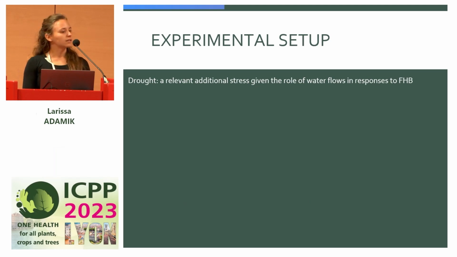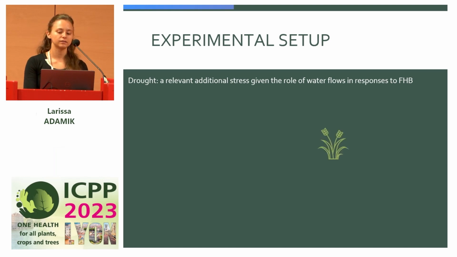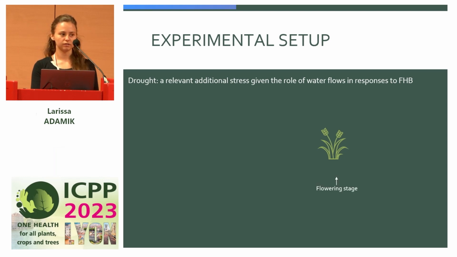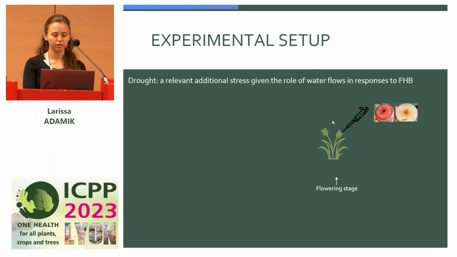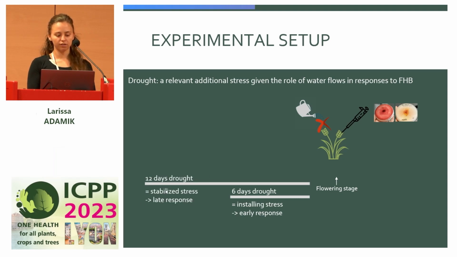As you already understand, my abiotic stress is drought, because it is extremely relevant given that the role of water flows is important in the response to FHB. What we are doing in the lab is growing wheat until the flowering stage, where it is susceptible to Fusarium graminearum. That's why we are inoculating it at that stage. The novelty of my project is that we cut the irrigation either 6 days before the flowering stage, so we have 6 days of drought, with an installing stress at the flowering stage and an early stress response, or we cut the irrigation 12 days before, which permits a stabilized stress at the flowering stage and